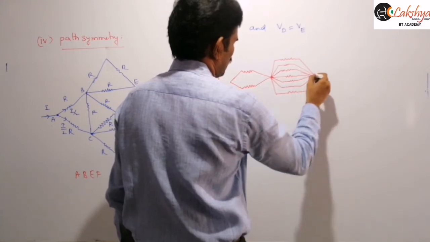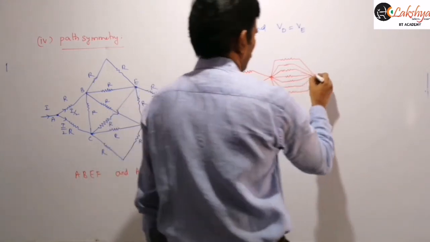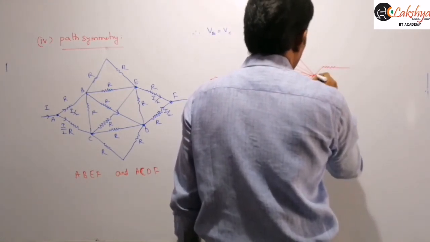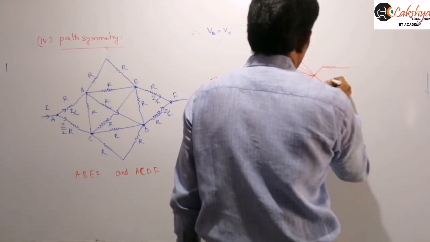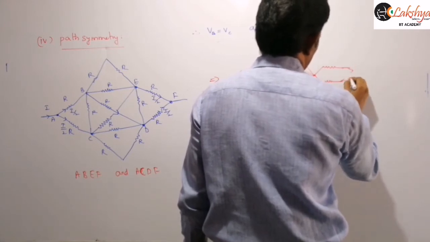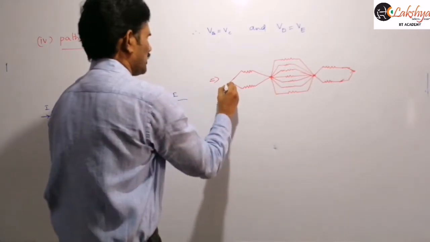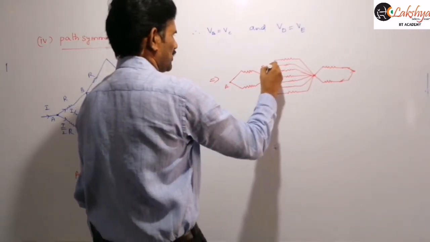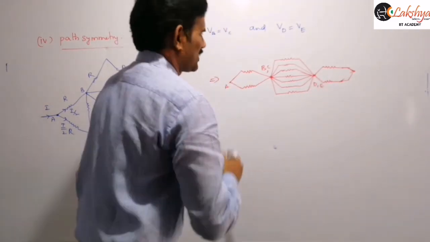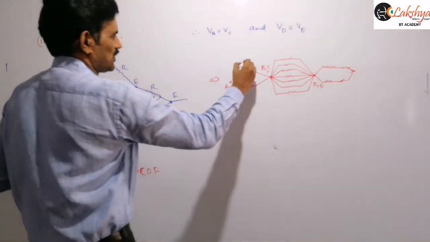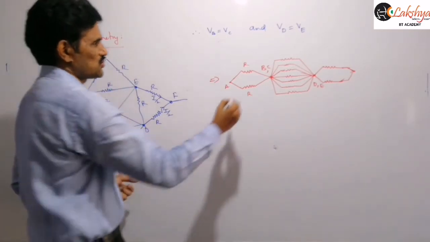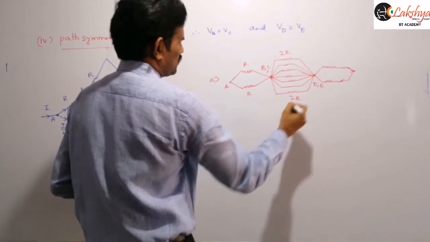Now see this, I am redrawing the circuit here. Just by combining B and C and D and E, the resulting circuit will be like this. So this is our point A, this is the point B comma C, and this is the point D comma E, right? Now see the resistors here. This is R and R we are representing here. This is 2R because R and R both are in series, and here also 2R. So this is 2R and this is also 2R.